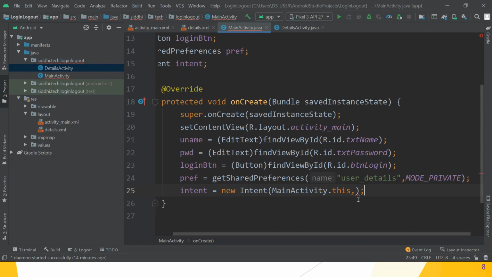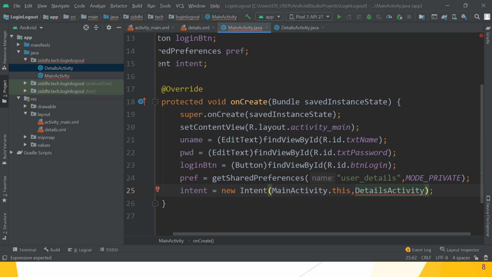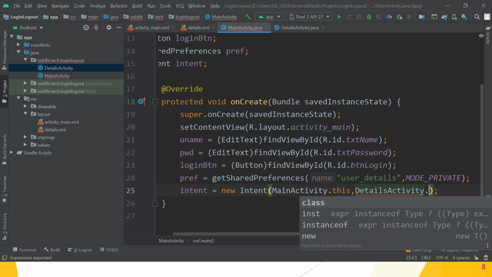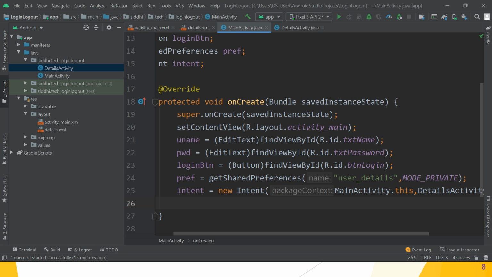Before that, here in the explicit intent, we want to move from one activity to another activity. So MainActivity.this, to which activity do we want to move? DetailsActivity.class. Great, guys, hope you understand this part.